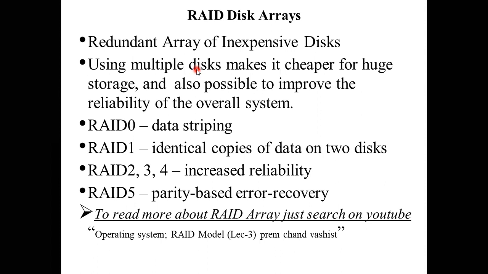But if the data is very crucial, then most organizations which have very secure, very crucial data use RAID 5, because of the parity based error recovery. If any error has occurred, they also ensure recovery, to have an error free system. For ensuring the error free system, they use RAID 5. Why are we using RAID 5 in that system? Because it also provides error recovery, parity based error recovery.